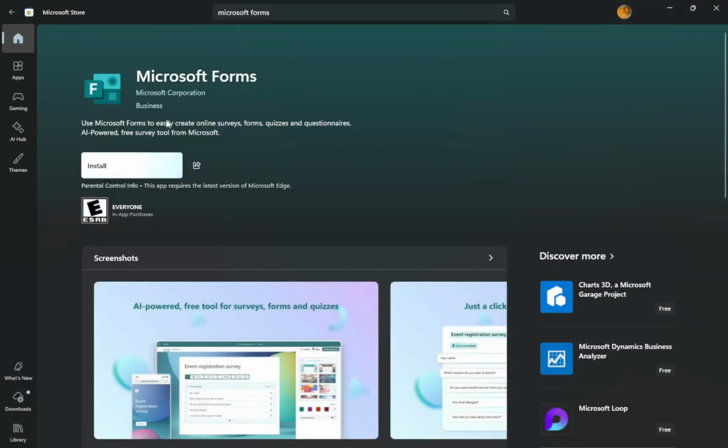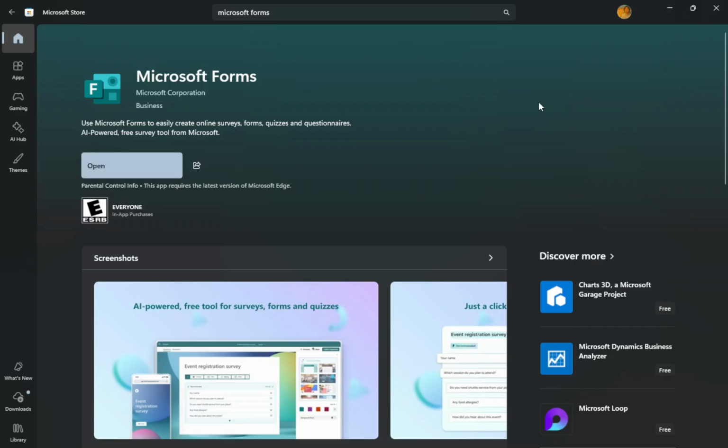Once you find it, click Get or Install. The button text may change to show that the download has started. You might see a small progress bar appear, showing how much of the app has been downloaded so far. Wait for it to finish the download and install. When the progress bar reaches 100%, the button usually changes to Open. That means the app is now fully installed on your device and ready to use.